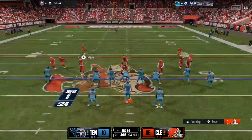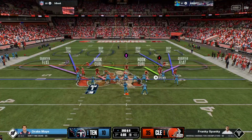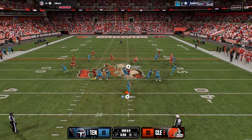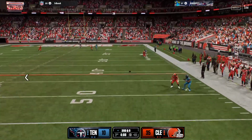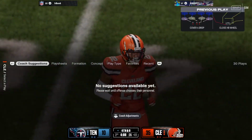Third down and 9. Throw again is May, moving to his right. And that is incomplete. So here in the second half, it's obvious the offense finds themselves in a tough spot,